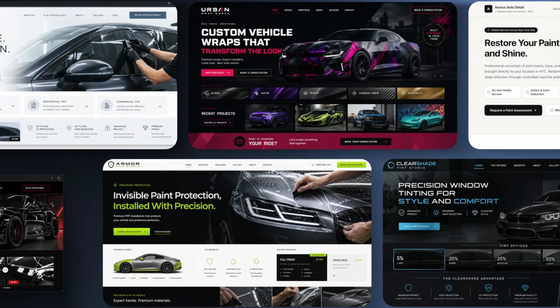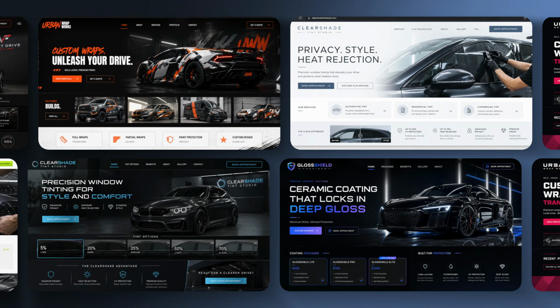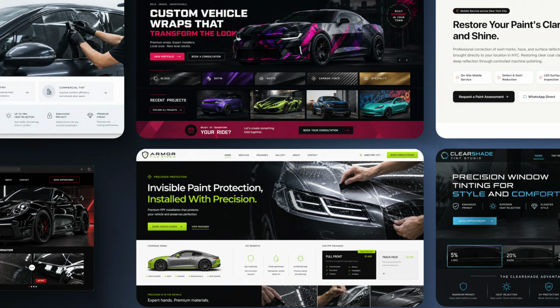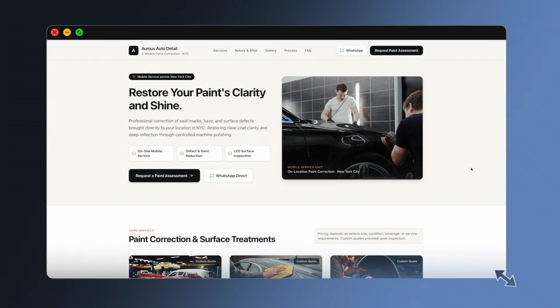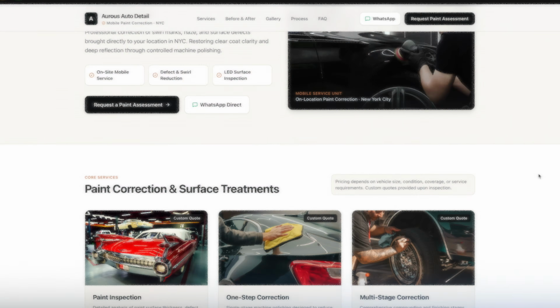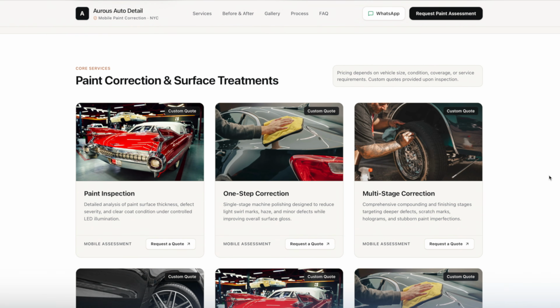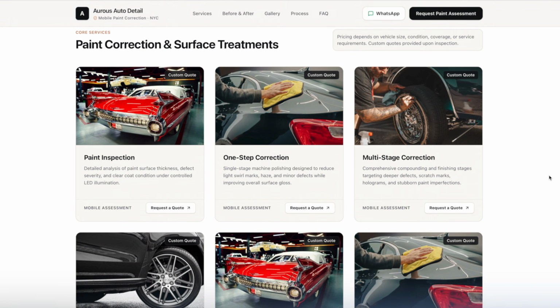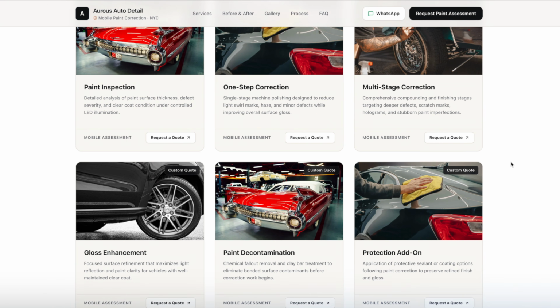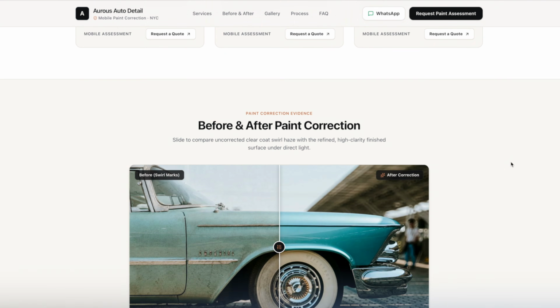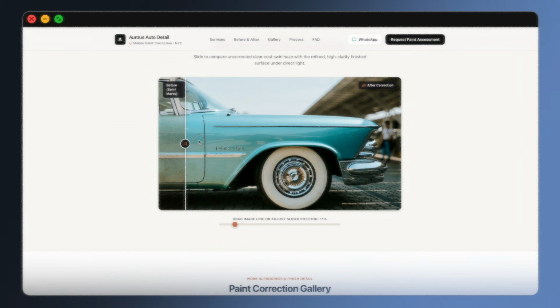Every one of these automotive websites was built using the same workflow, but they're not copies of one template. Each one was customized for a different automotive service, with its own content, services, positioning, media, and quote flow. And in this video, we're going to use that same workflow to build this complete mobile paint correction website from